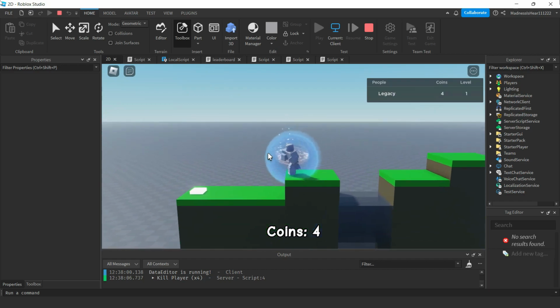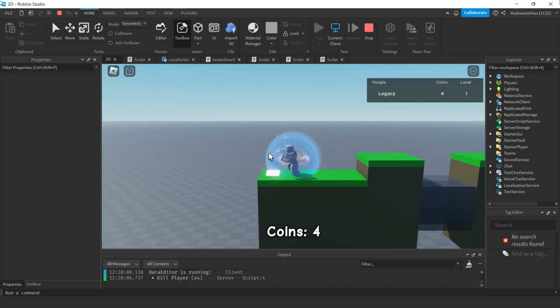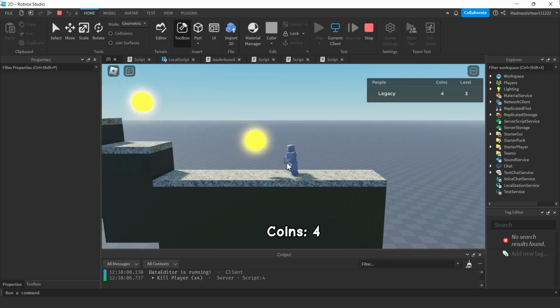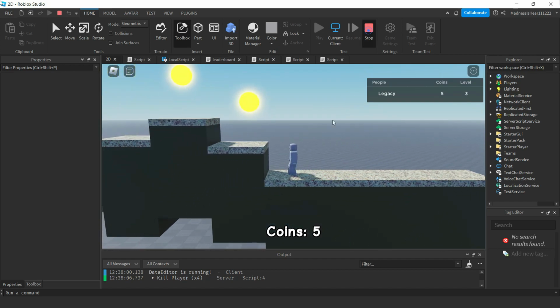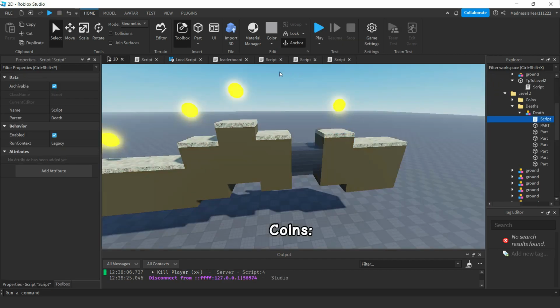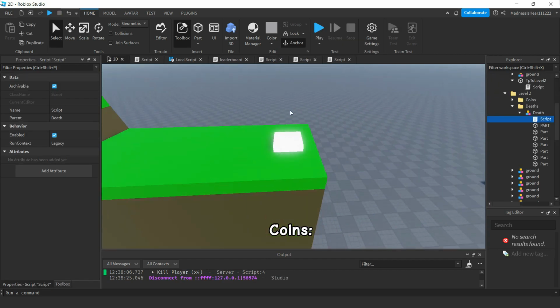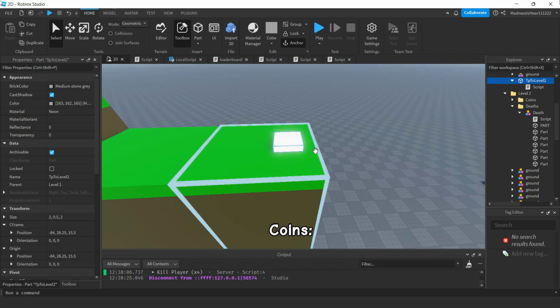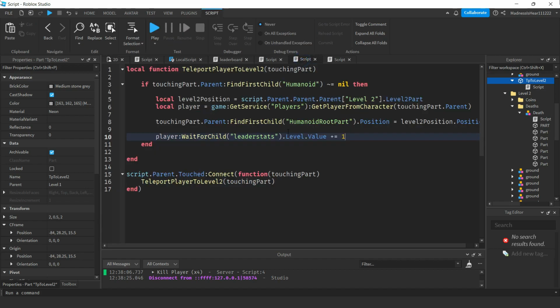Go ahead and touch the next part. Ooh. Okay, I know what happened. It's because we need to add a cooldown for this, or a debounce. Basically, what happened was every time the player moves and touches the part, it fires. So what we need to do is we can add a